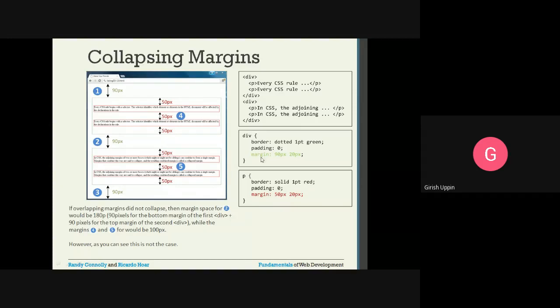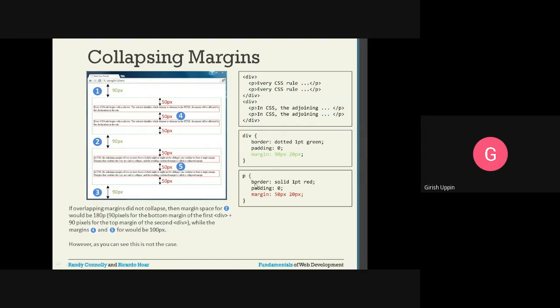Padding is 0 and margin is 90 pixels and 20 pixels. So it will give 90 pixels on the top and bottom, and 20 pixels on the left and right.